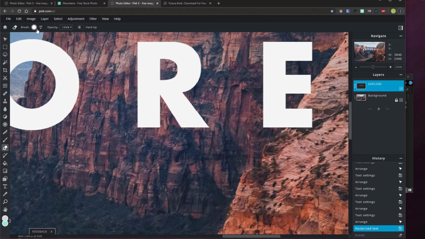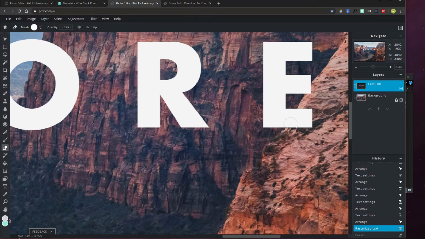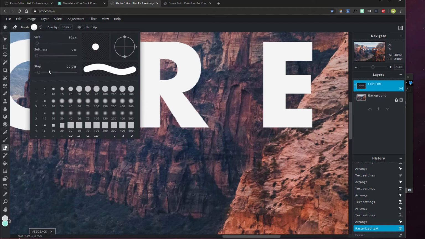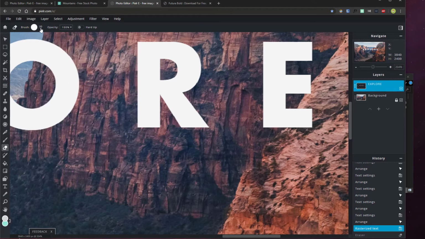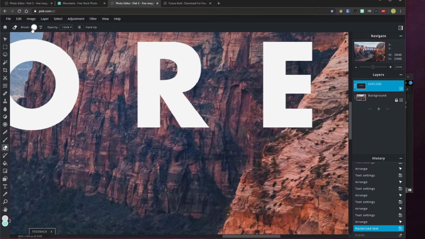So let's customize our eraser tool. You can click on the brush shape up here. To keep things simple, I'm going to use a hard round brush that's about 30 pixels in size. You can also change the size by clicking on the number there and dragging the size to about 30. I'm also going to increase the softness just to about 5 or 10%. This just stops things from looking too sharp and too fake. So increase the softness to about 8%, then click away outside of the brush options there